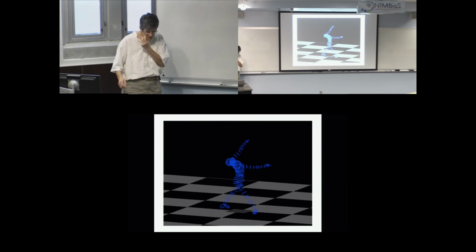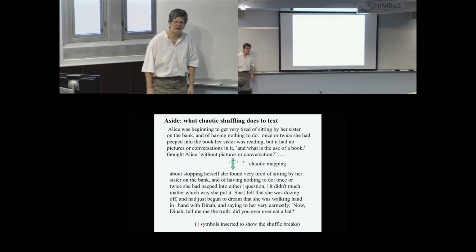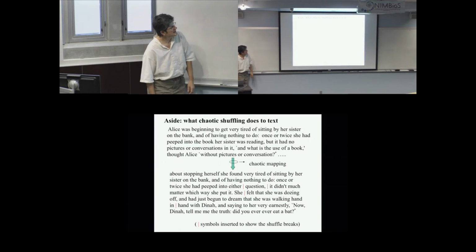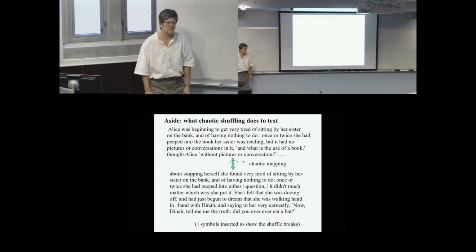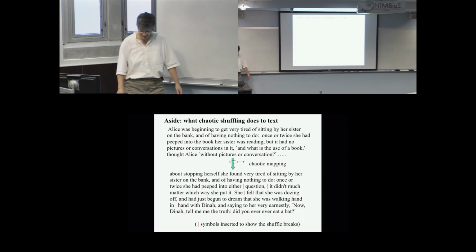I've had a bunch of wonderful students working on this over the years, and one of them decided, well, what would this do to text? And he chose Alice in Wonderland, which I don't think was a fair example. The second thing he chose, I'm in the South, maybe I shouldn't say this, but he did the first George Bush's second inauguration speech and did a chaotic variation of it, and it was indistinguishable. Actually, no, I think it was W, anyway.